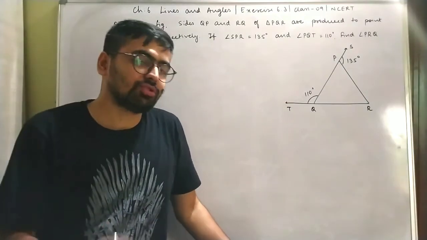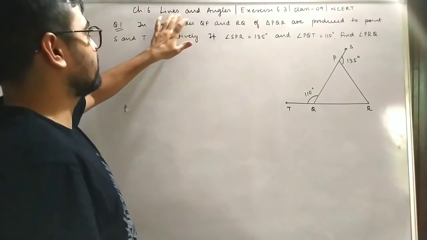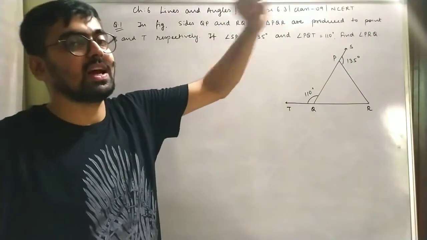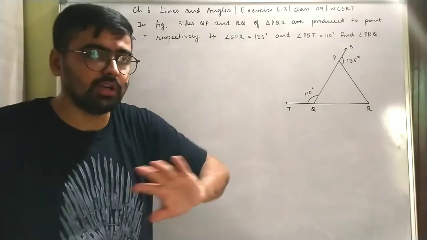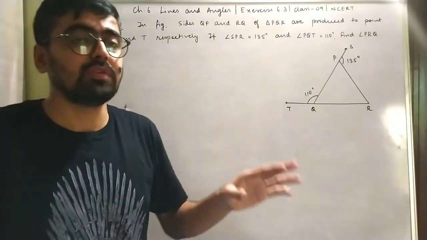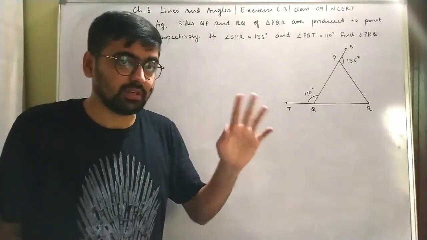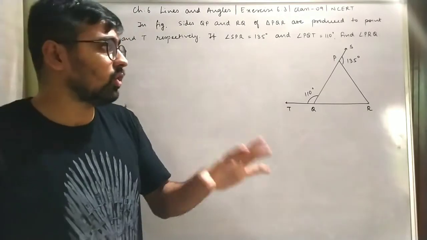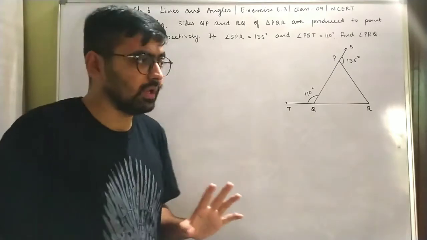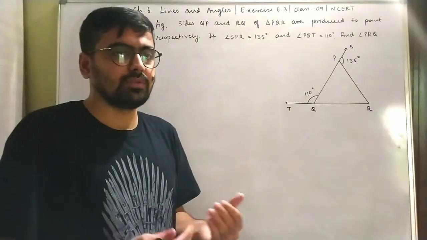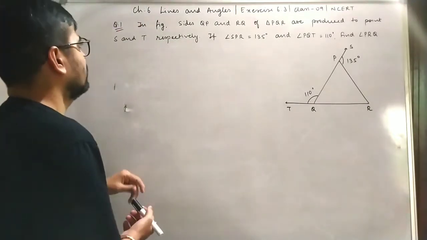Welcome students. Today we are going to talk about exercise 6.3 of chapter number 6, lines and angles, of class 9. So till now we have completed almost all the topics, all the understanding. In the last video we have understood the angle sum property as well as the exterior angle of a triangle, correct? So based on that only our intention is to solve this whole exercise. Simple. Obviously the old concepts will be necessarily helpful, but let's try to understand this particular question.